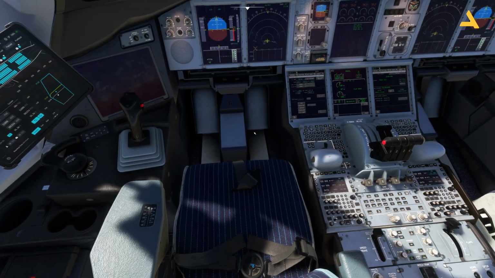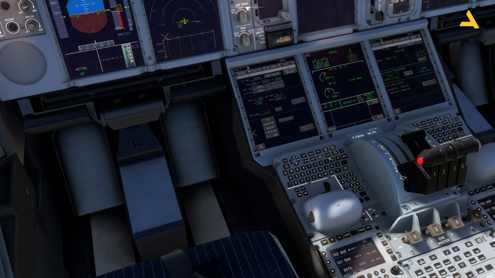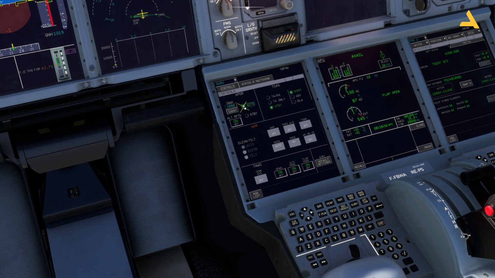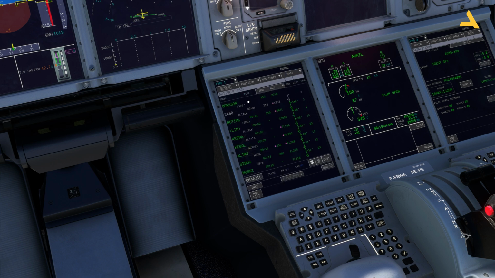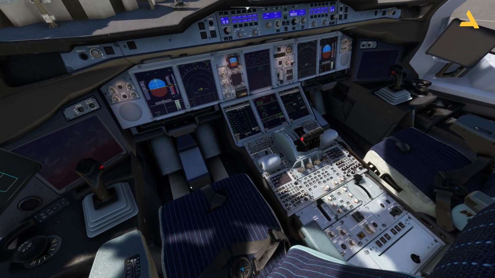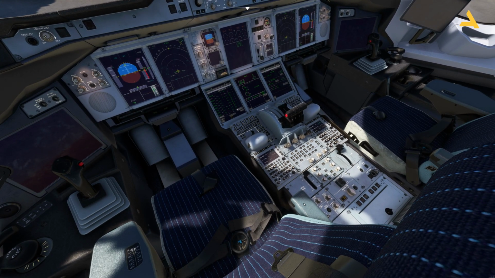There is another thing that we have to do. Just go to this option SURV, and you can set the transponder, set it to auto, enter the squawk code if required, and for TCAS you can select TA only, and you can just go back. Let's keep the flight plan over here. Okay, that's good. So now I can call for the pushback,